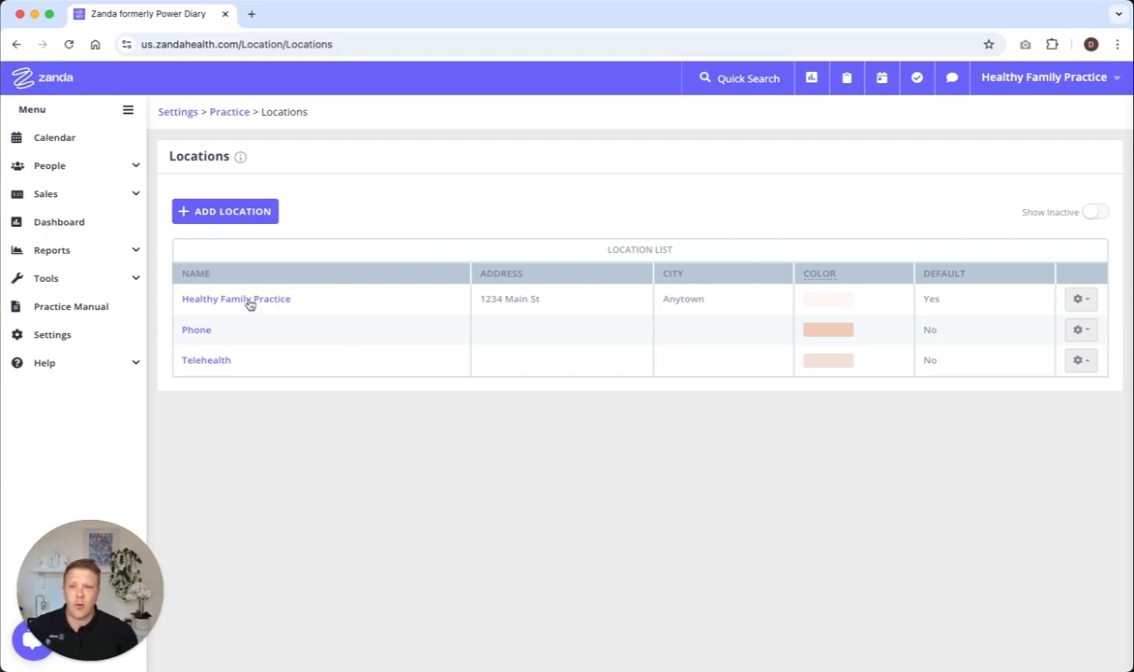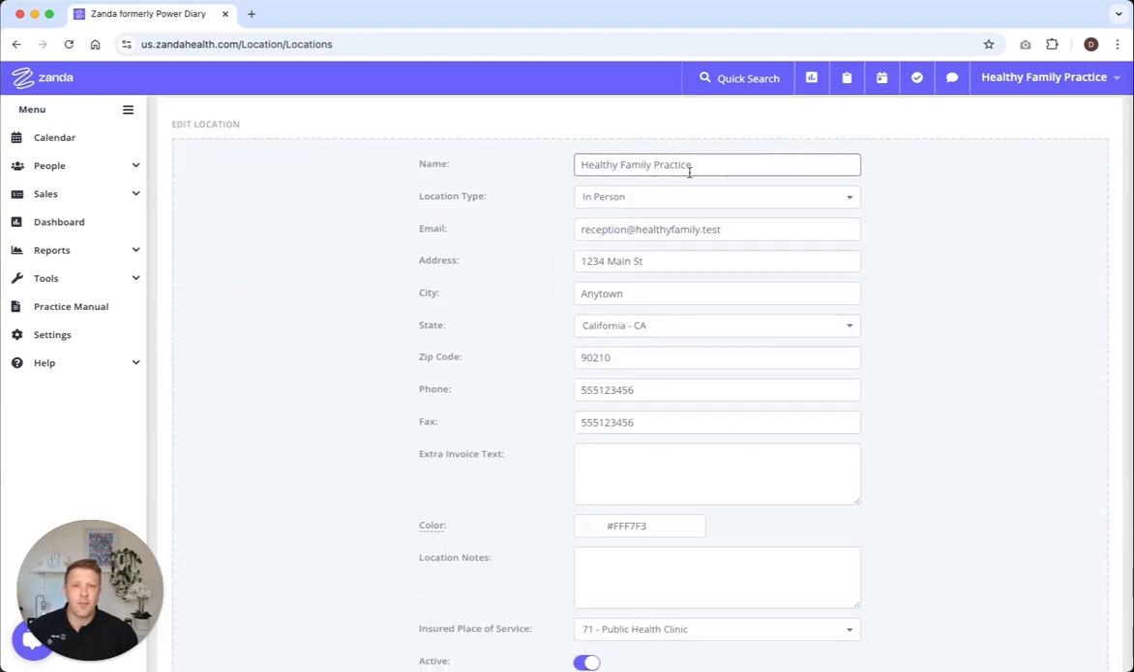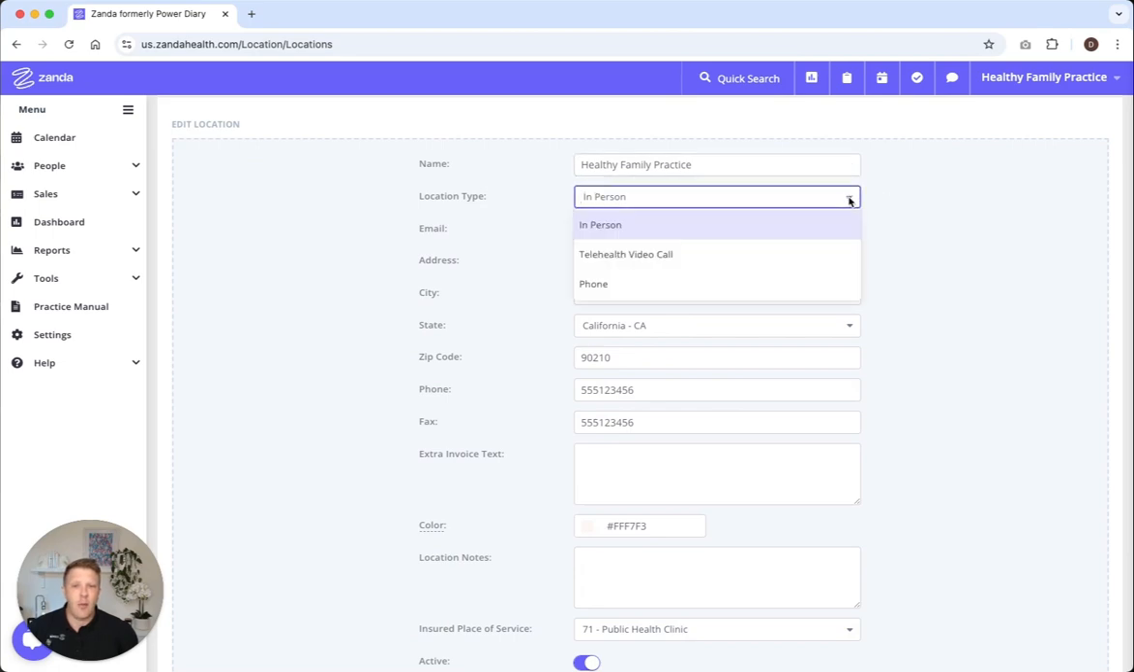In this case, I'm going to show you an existing location so you can see how it looks when all filled out. At the top, you'll have the location name, then location type. The options here include in-person, telehealth, and phone. By setting that, it tells the system to automatically include the modality when an appointment's made at that location. And in the case of, for instance, telehealth video call, it ensures that if you are sending out